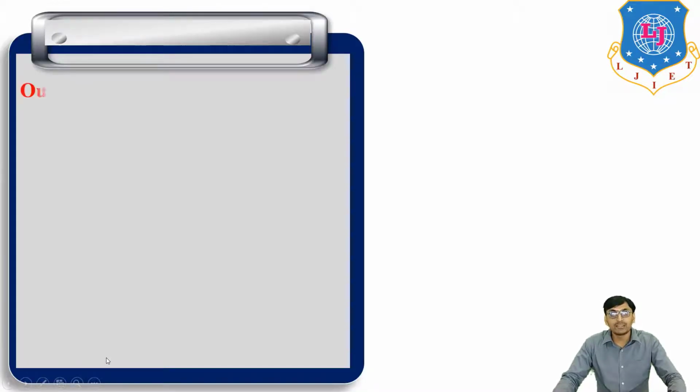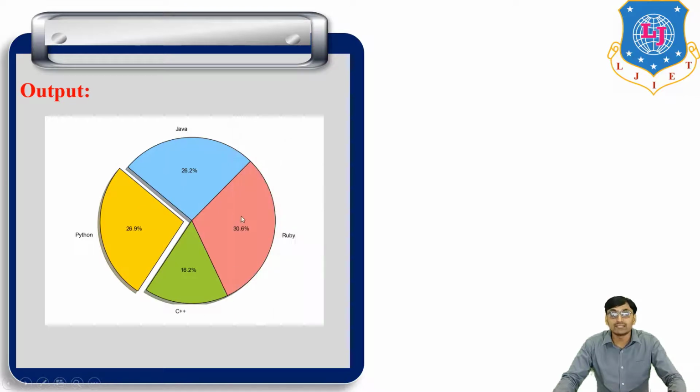So if we run this program, then the output is one pie chart. So this is the first element, second element, third element and fourth element, in anti-clockwise direction. So the first element is Python, second element C++, third Ruby and fourth Java.